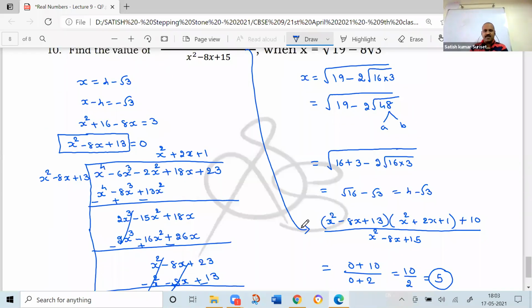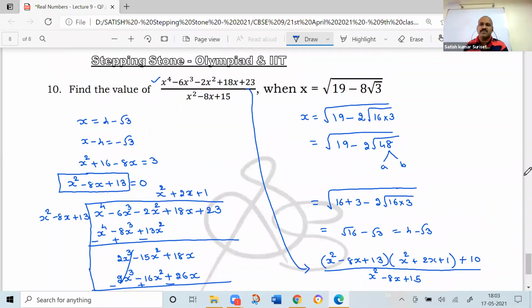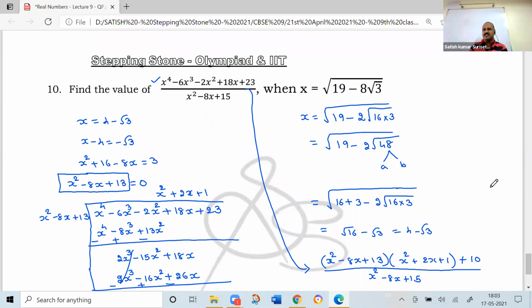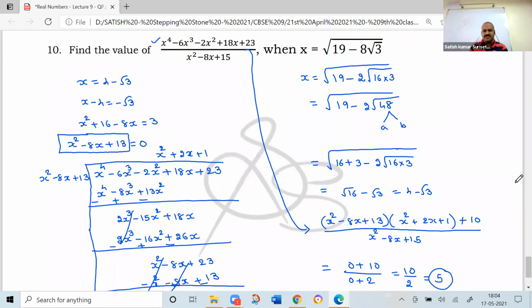So these are the typical problems. They will be useful from the Olympiad exams point of view only, not for the school level. Okay. And when you are preparing seriously from the IIT exam point of view, you need to solve this type of problems. So afterwards, you write the questions again and try to resolve them, and then verify again. If you are unable to do it without going through the solution again, you try to do it on your own again.